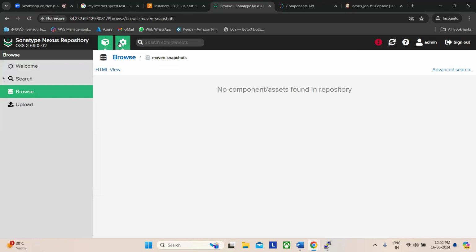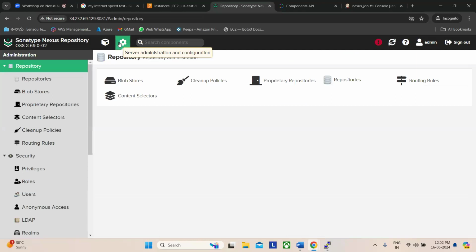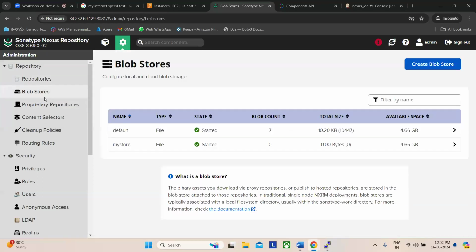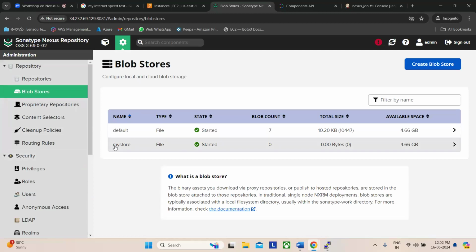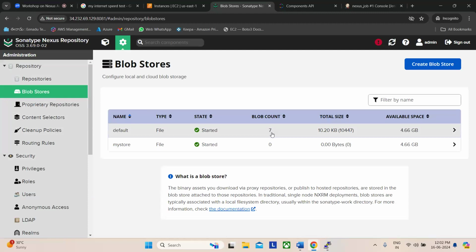One interesting thing, nobody will tell you this one. Please remember, this deletion is a soft mark deletion. I hope you know S3 bucket deletion policies. It would be very easy if you know, because whenever we delete, it will not actually delete, it is directly marked as deleted. The same will happen here. See, within the blobs using the default storage, it will still show the count is 7